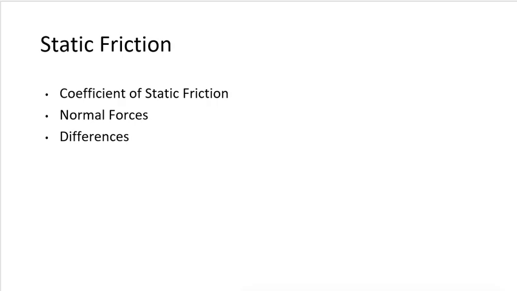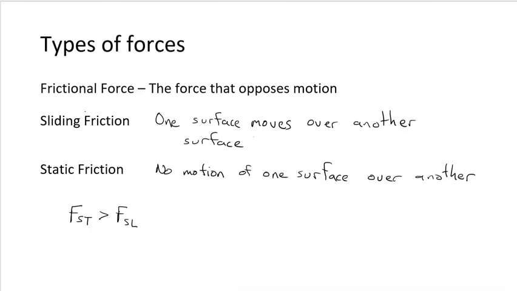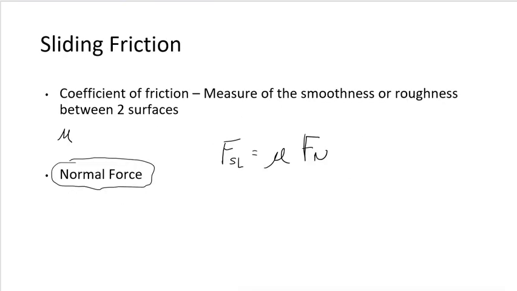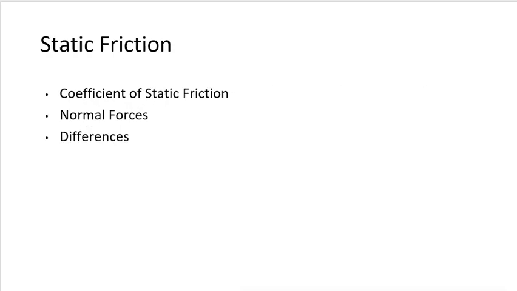So the same statements can be made for static friction, except we already know that static friction is greater than sliding friction, right? So even though they have the same basic components, they are different. So first of all, let's put the equation for static friction. Static friction, and this is where it becomes different, is not equal to, it is less than or equal to the coefficient of static friction